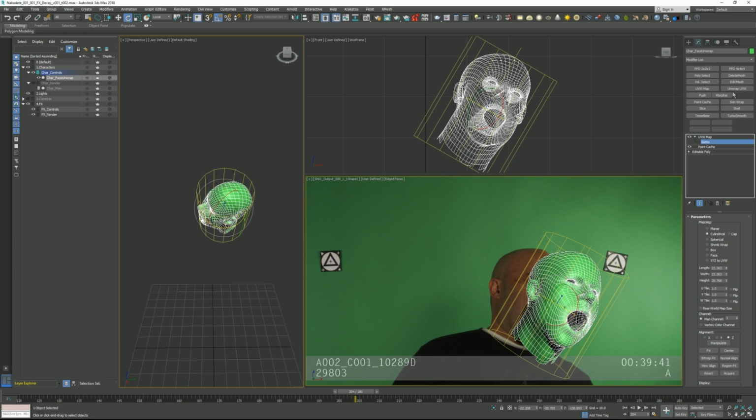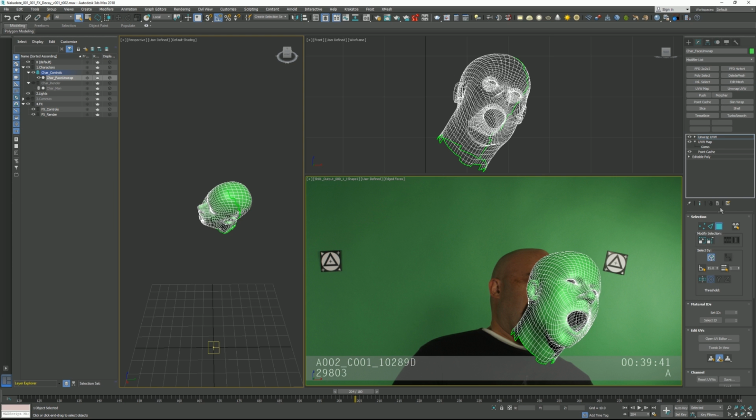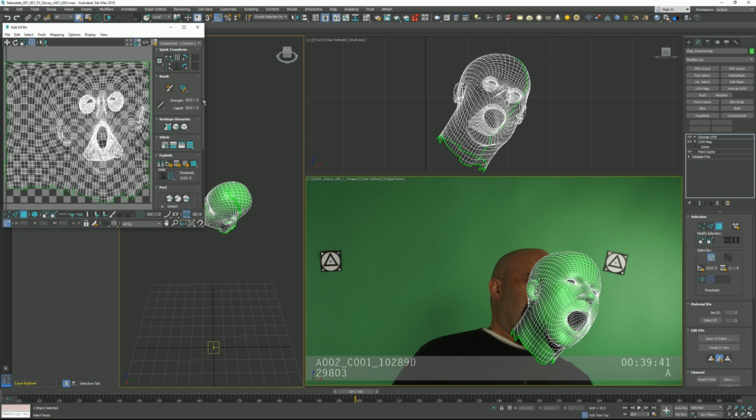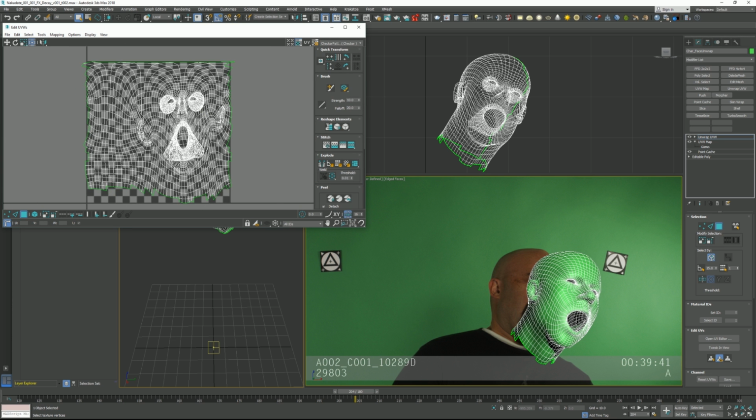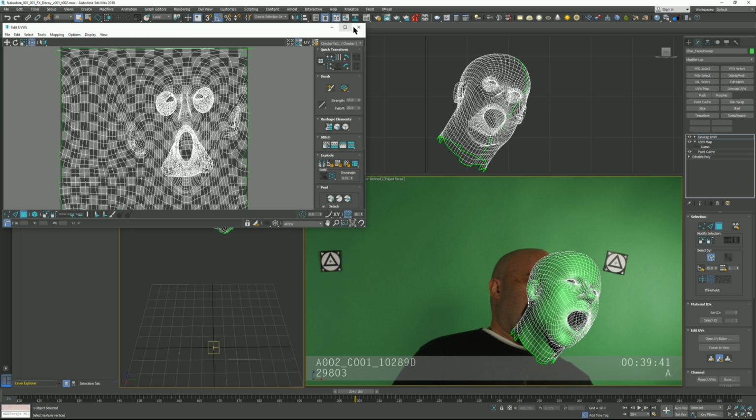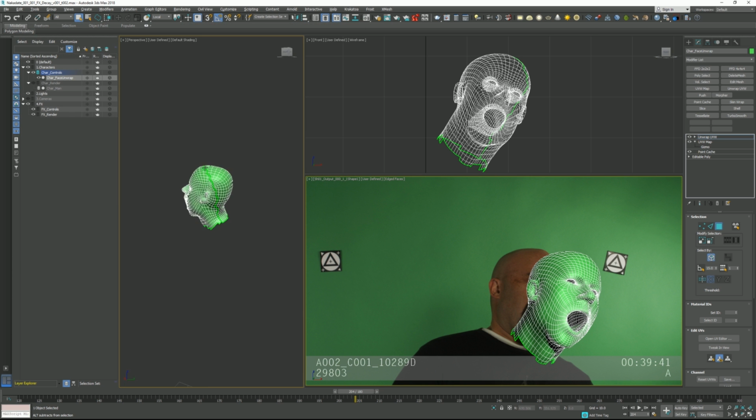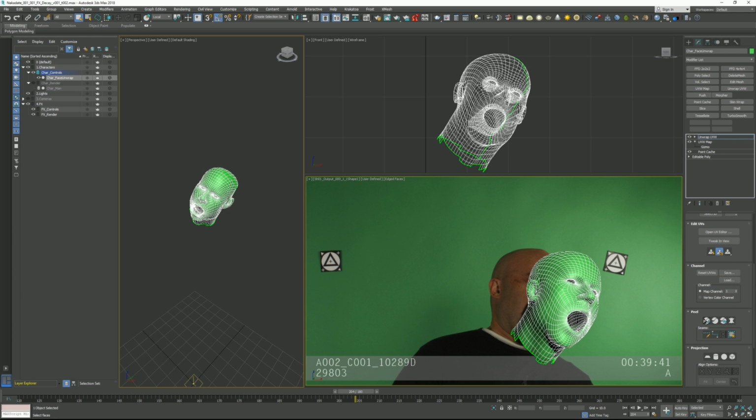Okay, so there's another modifier called unwrap UVW. I'm going to click that for a moment. I just want to look at it in the UVW editor, and we can kind of see what we got here. So it's not perfect, but it'll do for what we need it to do. Okay, and that is that by doing this cylindrical and doing it from the back, we get all the front unwrapping perfectly. Now, one other thing that we can do is click on pelt mapping down here, a quick peel,